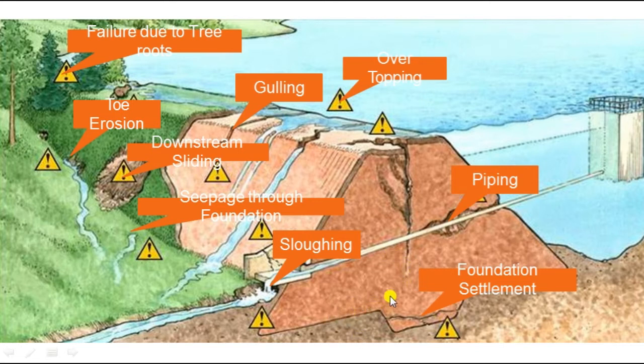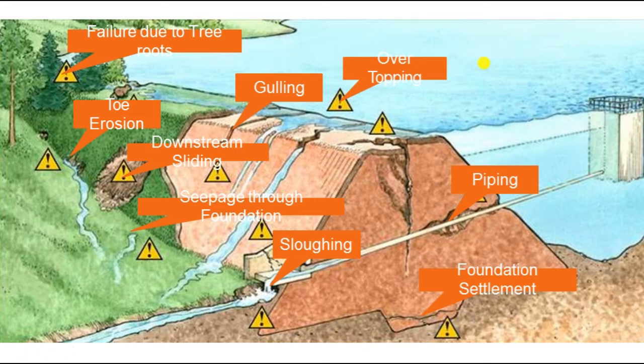Foundation may also fail by liquefaction action. In liquefaction, the whole soil mass is converted into slurry, and that portion cannot carry the load of the embankment structure, and it may fail. Failure due to earthquake: due to the rigidity of our structure, the momentum of the earthquake acts on the dam, and at the time of an earthquake the water also moves with wave action and overtops, and many types of failure are created at a single time.